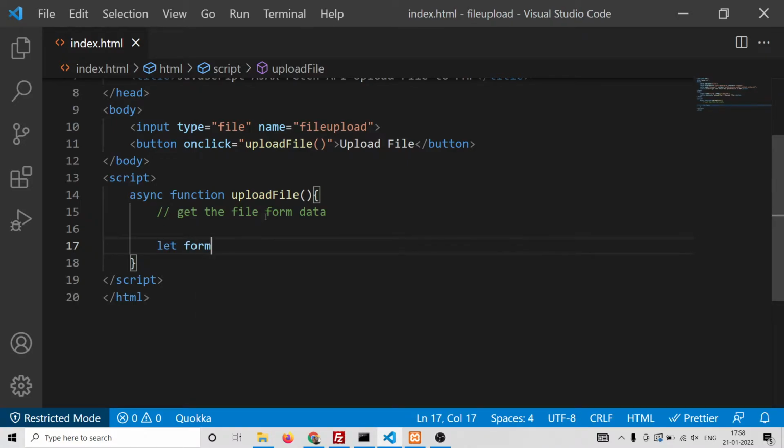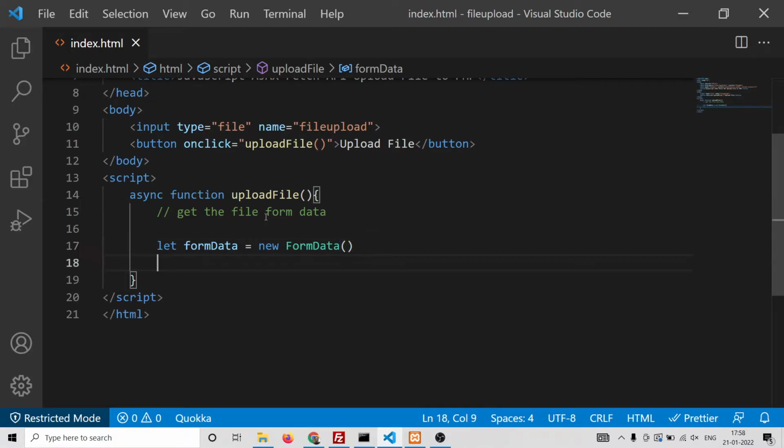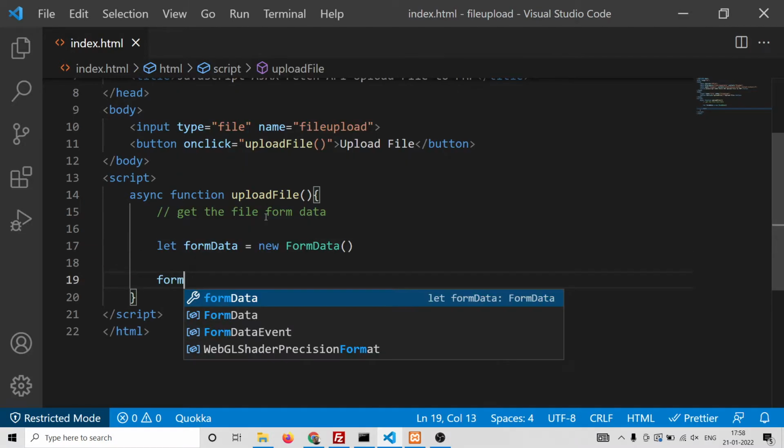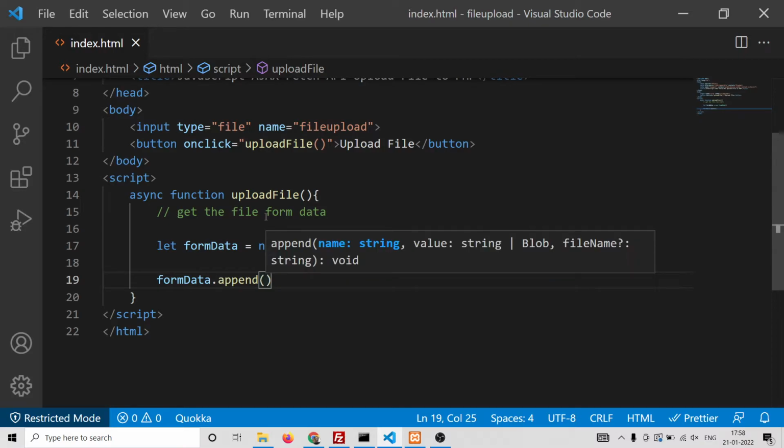Just make a formData variable, and we do this like this. We will make a new constructor of FormData. This is built into the browser. After building it, we will use the formData.append method, and after that we will give it a name attribute, which is very necessary. You can give it any name. I will give it as file, and then we need to make the value